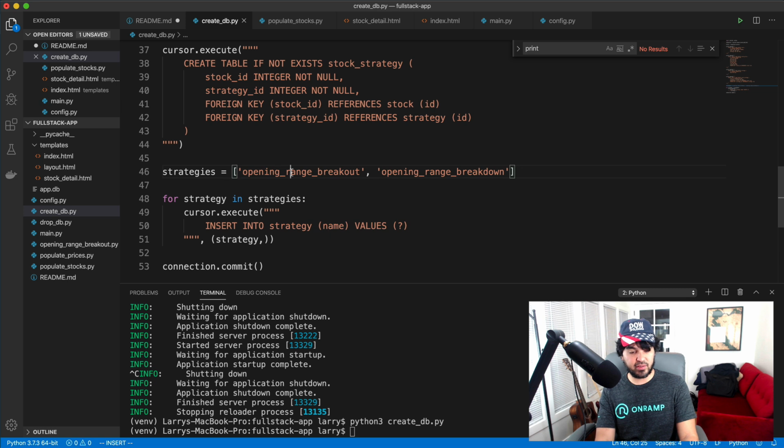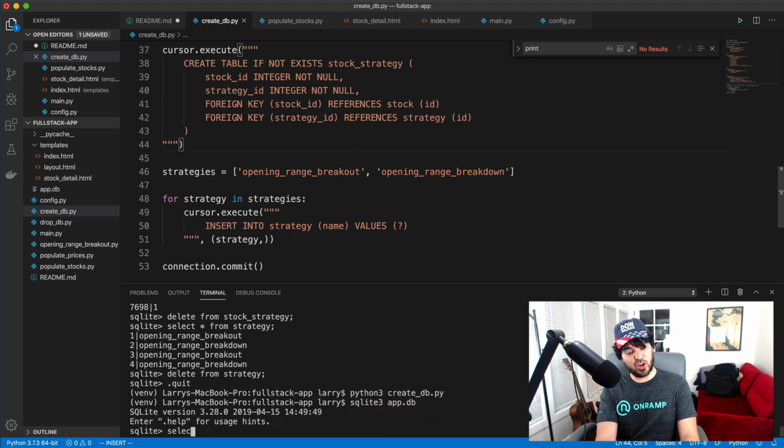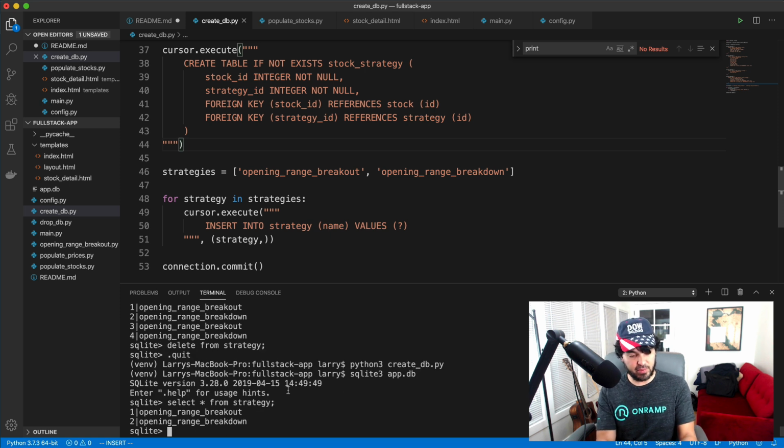The strategies are going to be called opening range breakout and opening range breakdown. For each of those strategies, I'm going to insert a record into the strategy table. So insert into strategy, name, values, and then the strategy. Okay. So if I run this one more time, all right. And if I check my strategy table, I just have my records for opening range breakout and opening range